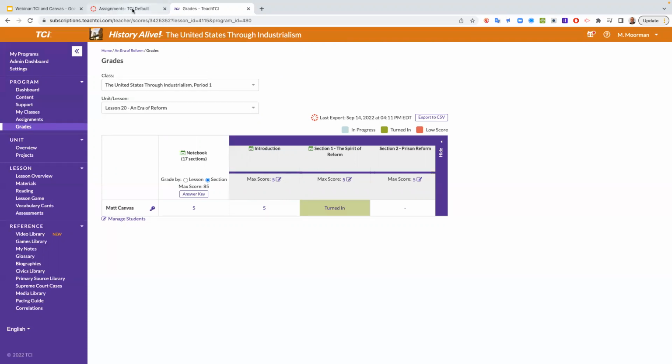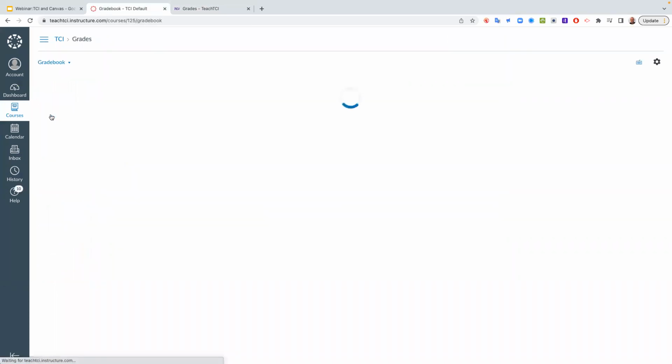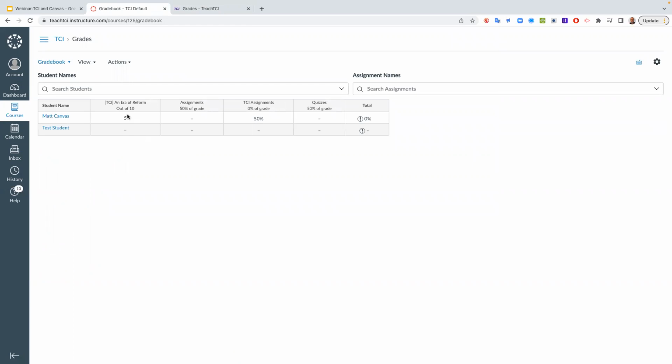But now let's go check Canvas. So I'm just going to tab back over to Canvas and I'm going to go to grades. And there is the assignment that I created. There's Matt Canvas and there's the 5 right there. Okay. So as soon as I created that grade in the TCI gradebook, it automatically put it into Canvas. Okay. So this all seems great, but you're probably wondering,